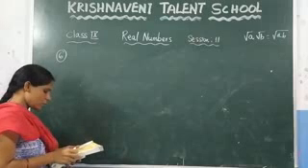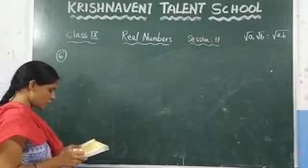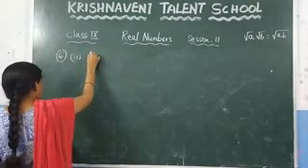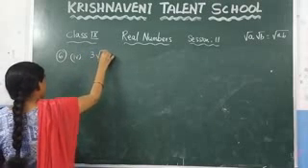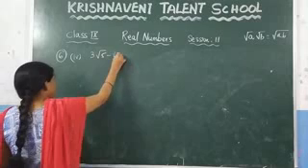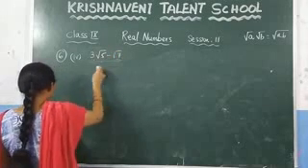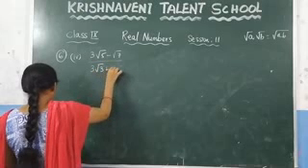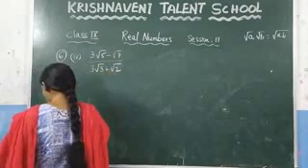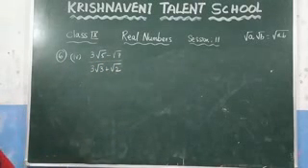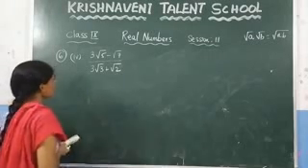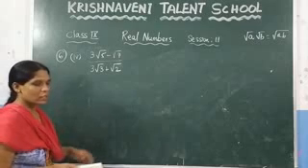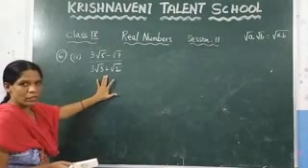Here, third question you can do it. Fourth question I am saying here now. See the fourth question. What is the question given here? (3 root 5 minus root 7) by (3 root 3 plus root 2). This one you need to find the rationalization with the denominator. What is given here? 3 root 5 minus root 7 by 3 root 3 plus root 2. Here you have to rationalize the denominator.